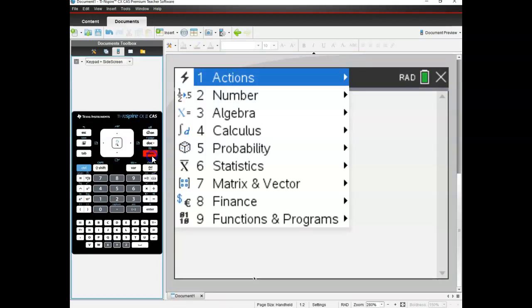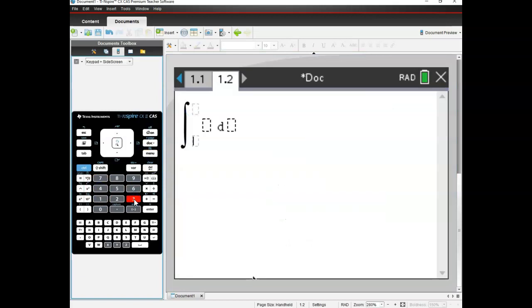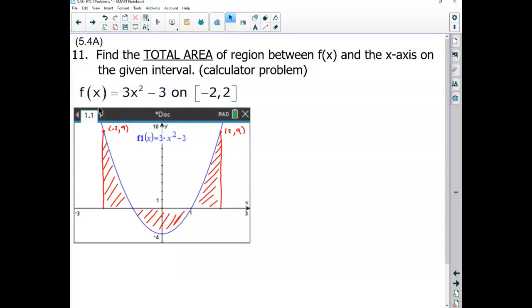take menu 43, I'm going to go from negative 2 to 2 of my integral of 3x squared minus 3 dx, and they're going to hit enter and say it's 4, and you know what? You're going to be wrong. It's not 4. The integral is not 4. The integral is way more than 4, and if you notice here,